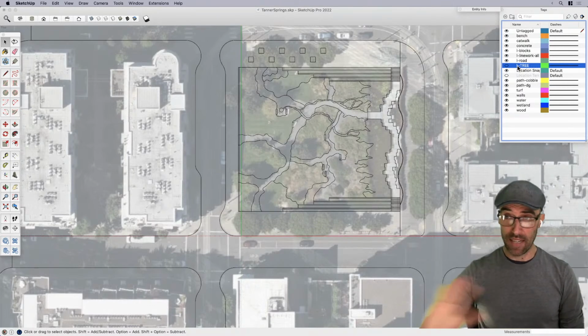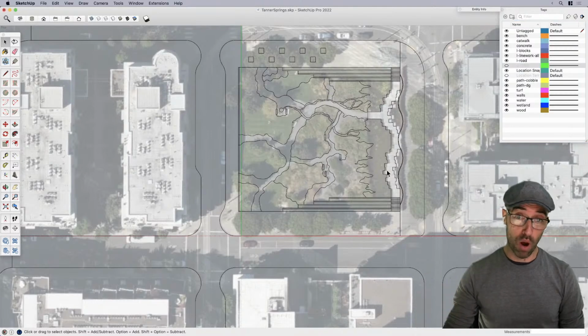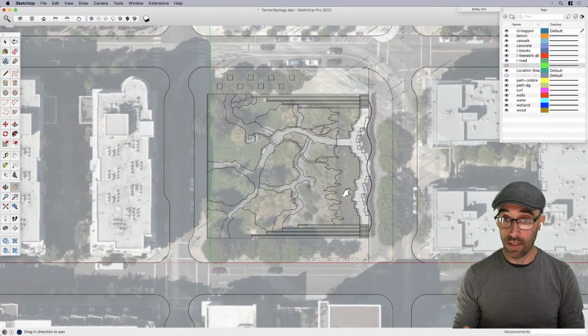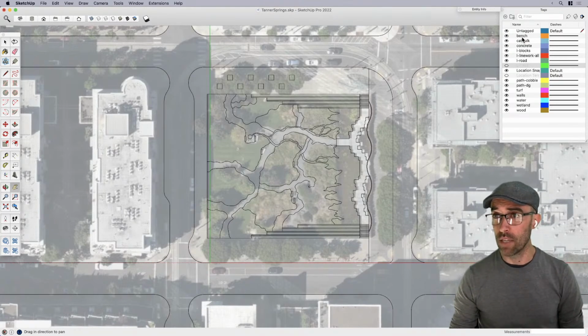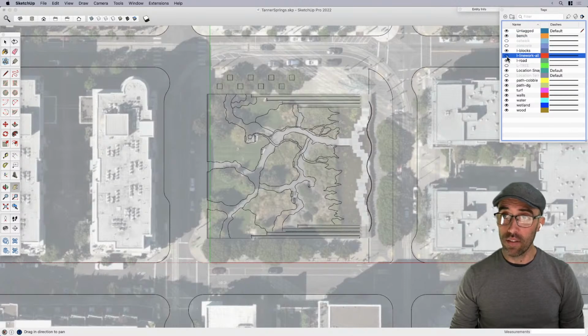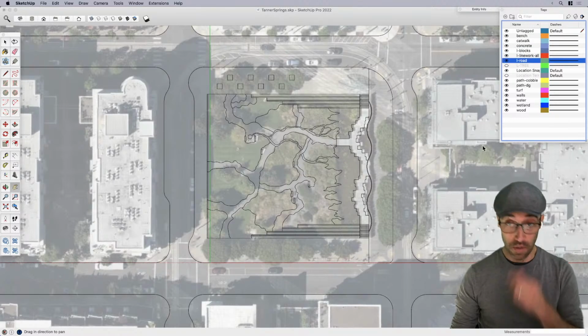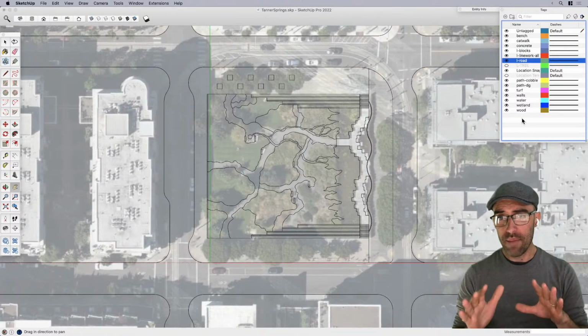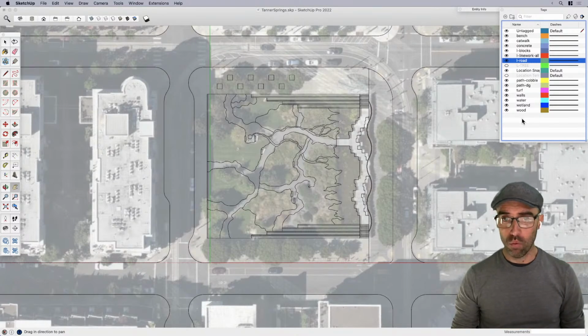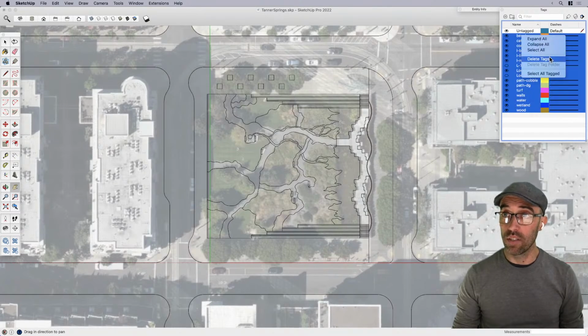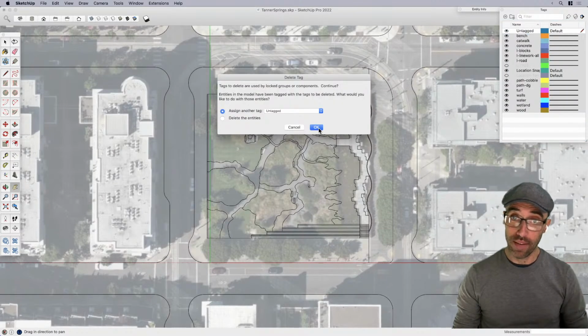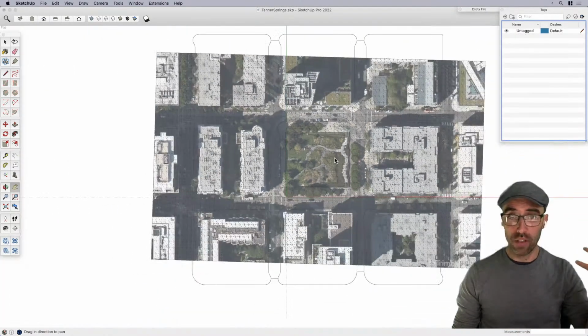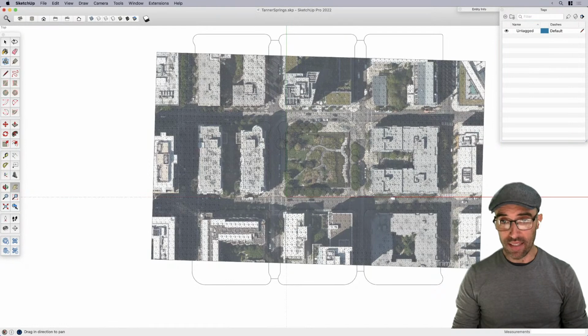In fact, since it wasn't drawn properly, it's not a component. It should have been drawn as a component. I'm actually not even going to use those trees. We'll do trees at the end, just manually. But I'm also not even interested in the layers. You'll notice that all of this stuff was drawn with layers, which was nice. That's good for the way that you should be drafting. But I'm not going to worry about that, because you'll see why in just a second. Some people might say, oh no, don't do this. But what I'm going to do is delete all of these tags, and I'm going to assign them all to untagged. So essentially, the reason why I'm doing that is